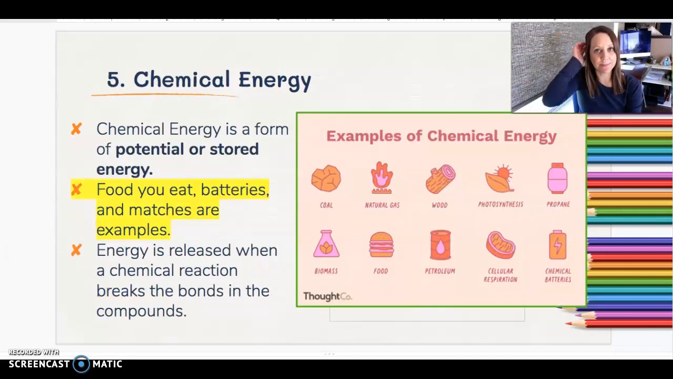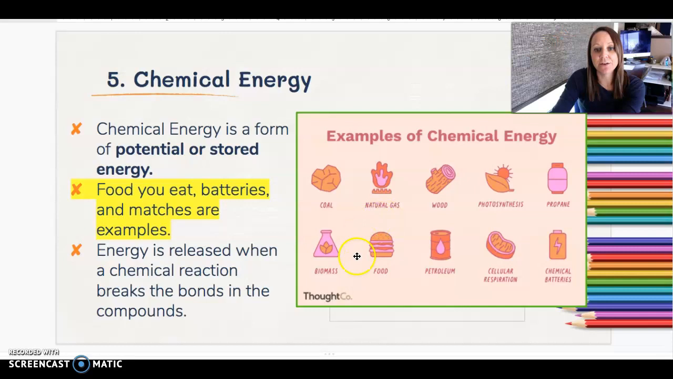Chemical energy is the main type of potential or stored energy. And what happens with chemical energy is that it's stored in the bonds between molecules. So when molecules join together in a chemical reaction to form things, they're bonded together by chemical bonds. And energy is stored in those chemical bonds until those bonds are broken, and then that energy is released, okay? So an example of this, anytime we see batteries, food, matches, gasoline in your car,